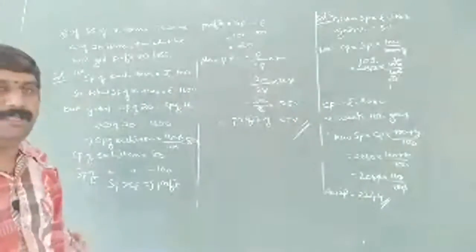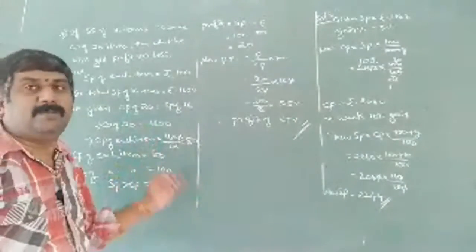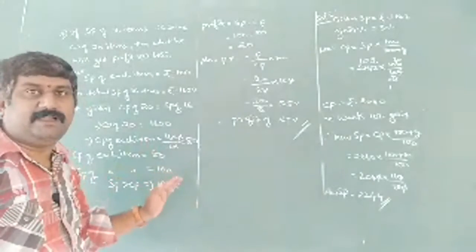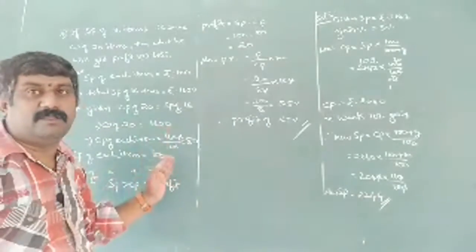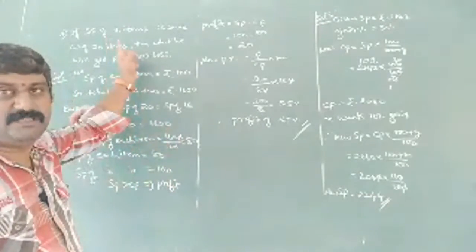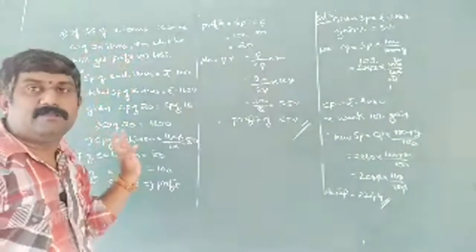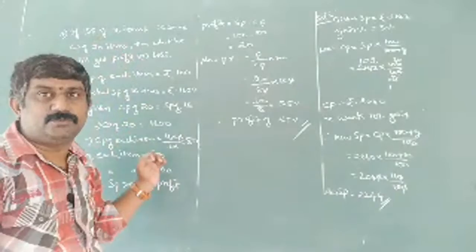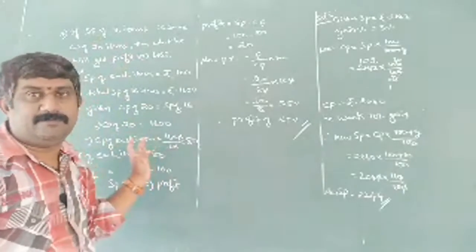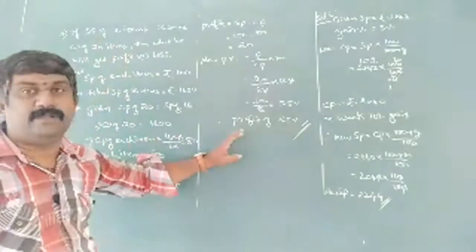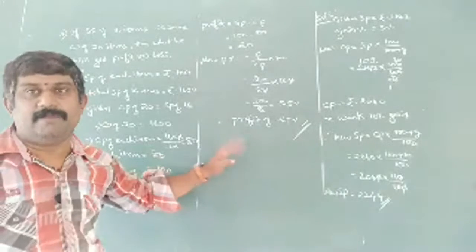So even though the cost price is not given and the selling price is not given, we are finding whether he is getting profit or loss based on this: selling price of 16 items is equal to cost price of 20 items. So we got profit of 25% here. We'll see one more problem.